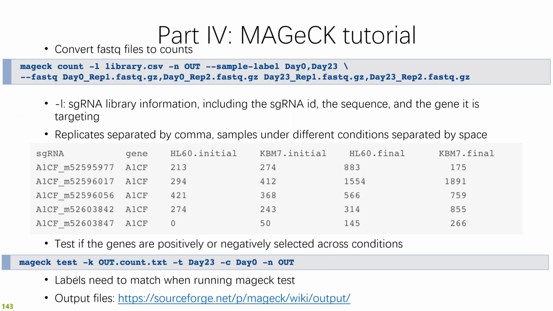And do remember that the labels you use in the mageck test command should match those where you are running the count command. That is, the labels here should be the same as the labels in the columns here. And you should consult this page to get an idea of what each file in the output